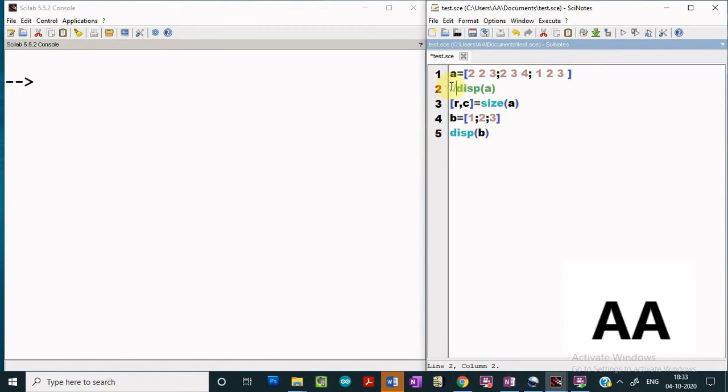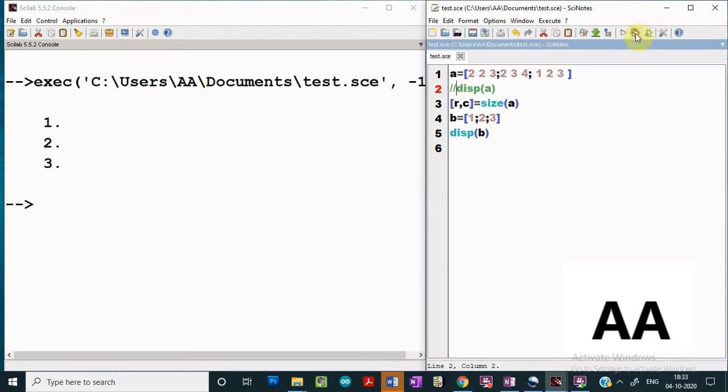Let me comment this one and execute it. So we see that the column matrix B has been defined like this. Here we see that we are separating each and every element with a semicolon. As I told you, the semicolon is used to separate the row elements.